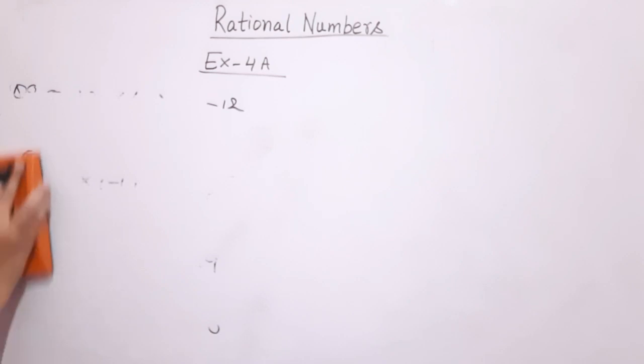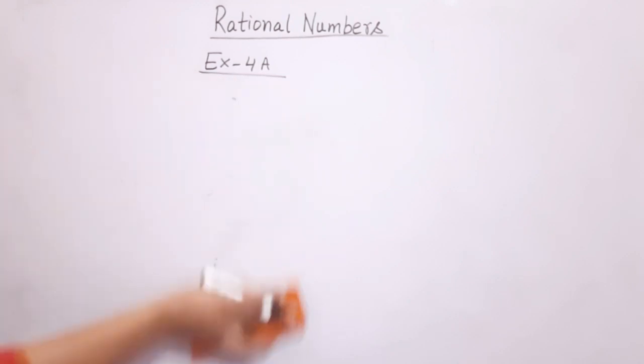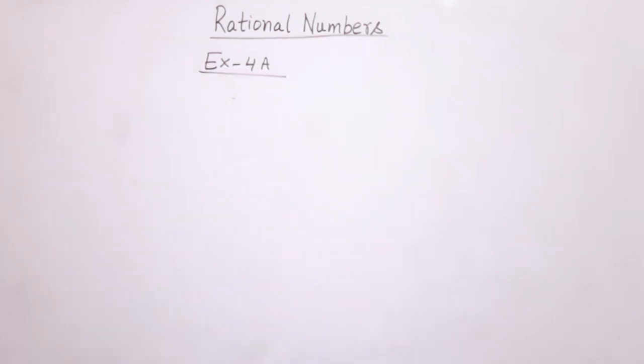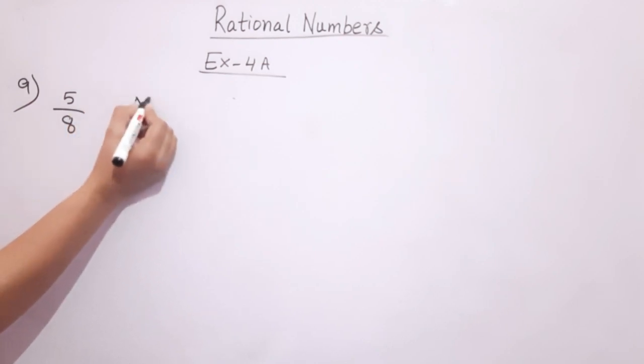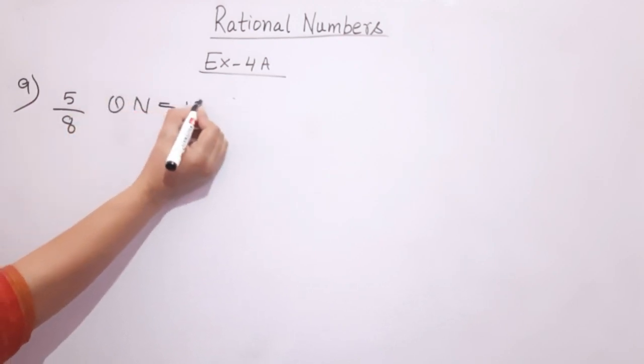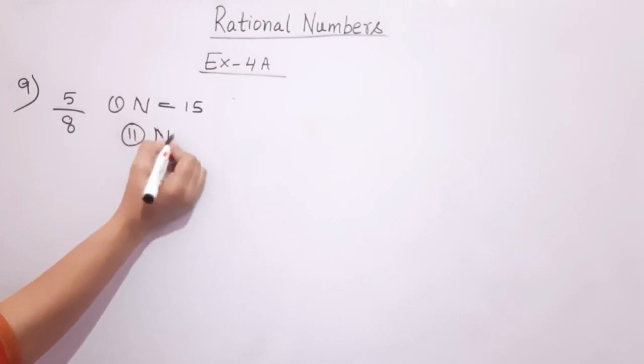All the questions you are supposed to do in your maths classwork copy, and tomorrow is Sunday, that is why I am giving you more questions in the classwork. So express 5 upon 8 as a rational number with numerator 15, first option, and the second option numerator minus 10. तो आपको 5 upon 8 को पहले क्या करना है? First option is numerator 15 and the second option is numerator minus 10।